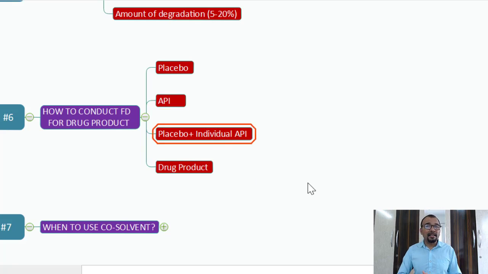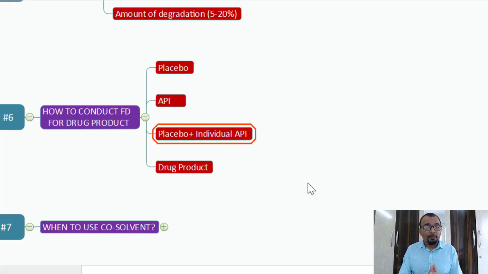So in case you have a combination drug product like paracetamol and aceclofenac, and you have a common method for the related substances of aceclofenac and paracetamol, or even for the assay of paracetamol and aceclofenac as a common method, how are you going to understand that there is no interference coming from one API to that of another API or their impurities? For that reason, you must understand the source of each and every degradant with respect to one API. And how can this be done?